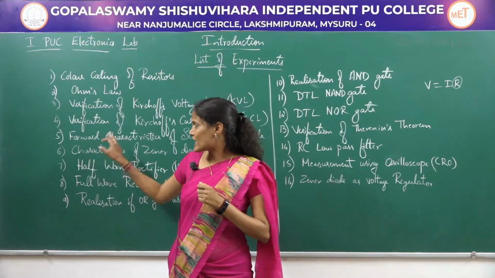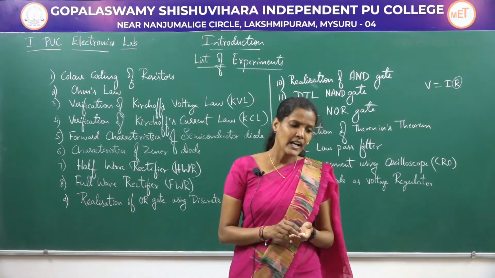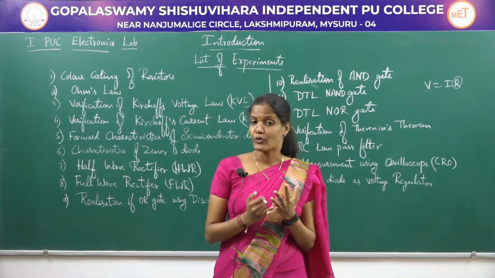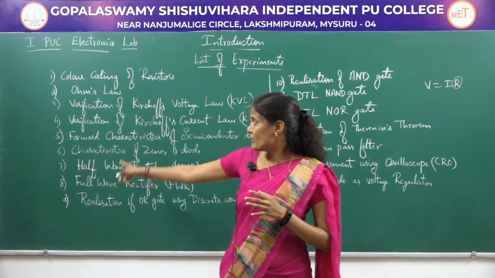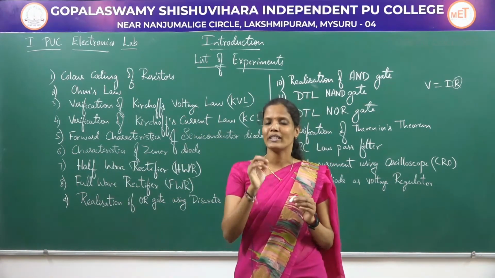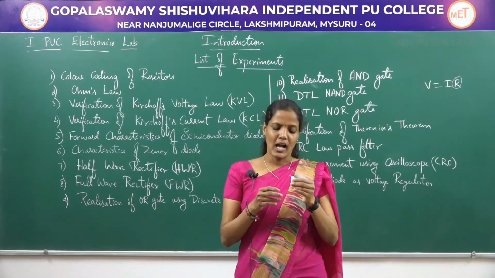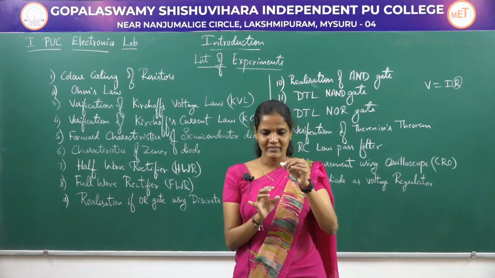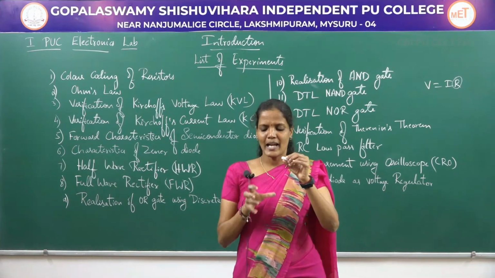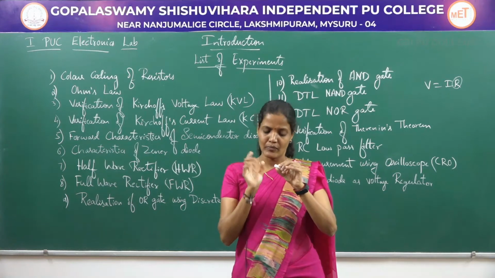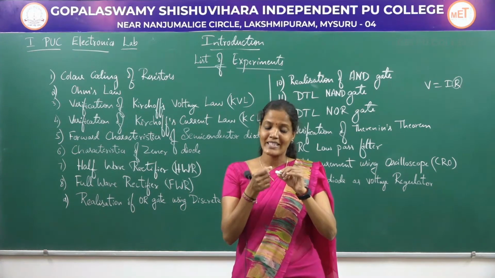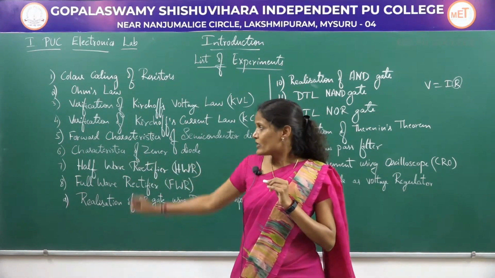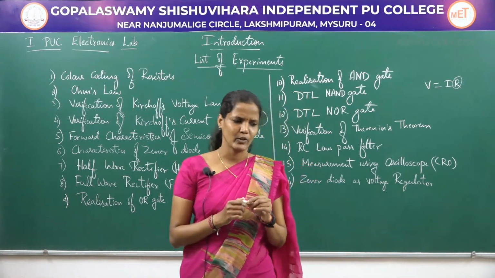So, here we are talking about the forward characteristics. There are two types of biasing, one is forward biasing, the other one is reverse biasing. In the fifth experiment, we are just going to study the forward characteristics. That is, we are going to apply the forward bias to a semiconductor device. For that forward bias, how our semiconductor material will behave will be studied in this fifth experiment. Coming to this sixth experiment, characteristics of Zener diode.